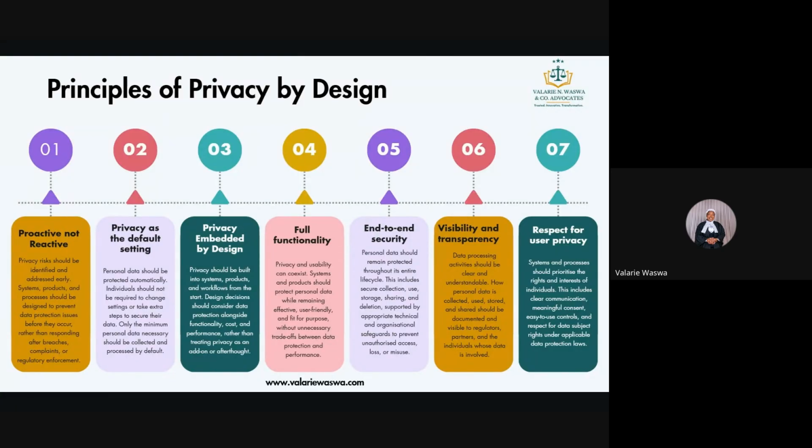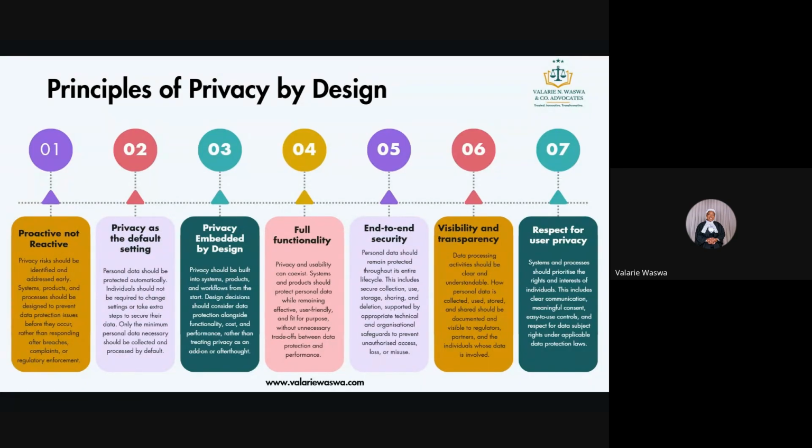So what does this mean? For example, let's say you're a Chama app. Why would you need the app to have access to one's microphone? That is data maximization. That is collecting data you do not need, unless you can tell us what you need someone's microphone for. I hope you are getting the drift. It should be the default. Someone need not say no or go to change their settings for privacy. From the moment they start using your product or service, or start engaging with it, whether it's a digital product or even a physical product, privacy should be the default setting.